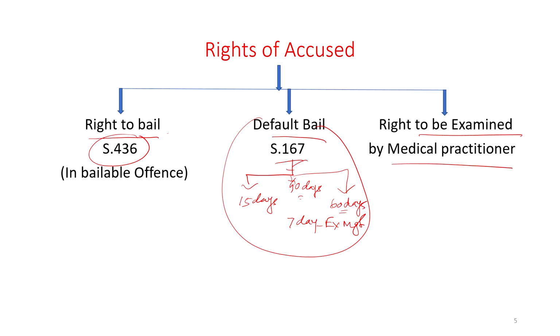In that case, investigating officer has to submit charge sheet within 90 days, investigation must be completed within 90 days, or you can say that police can take remand up to this 90 days, where offence is punishable with less